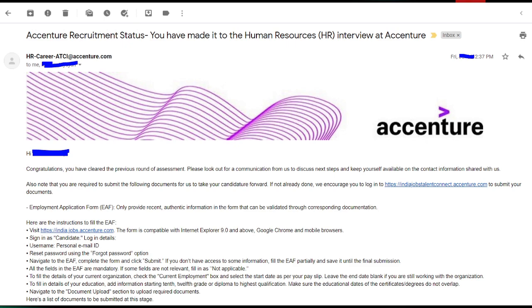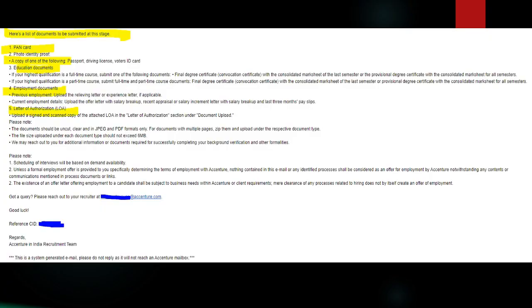So once you clear your technical round, you will receive a call from Accenture for the HR round. In the same mail they have mentioned the required documents, so you just have to prepare these documents.